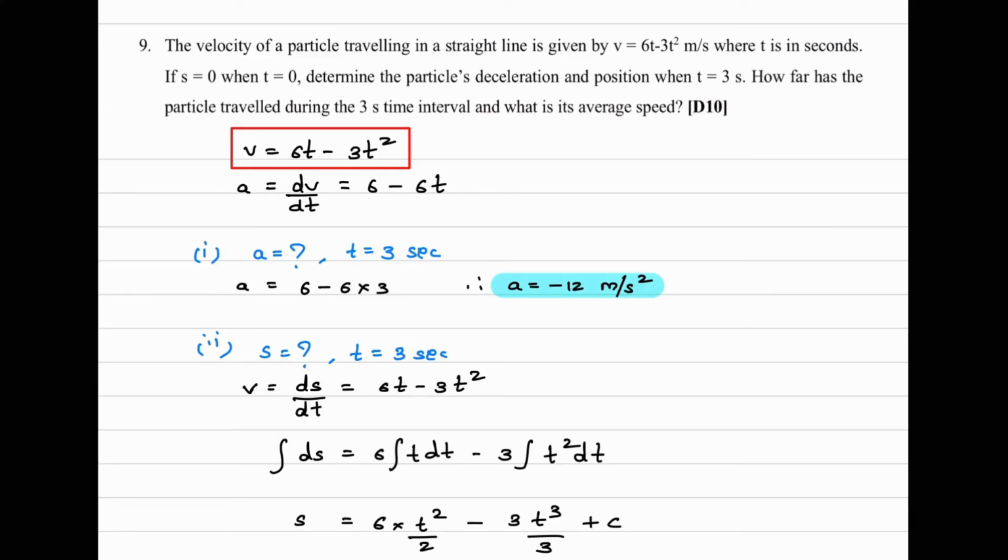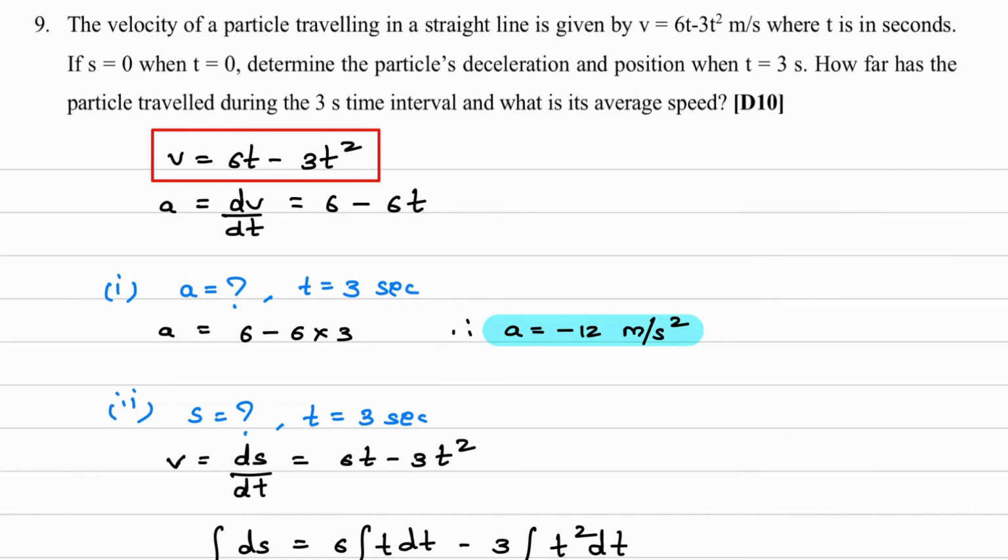Now that we have solved this question, we'll go through the complete question so that whatever doubts are there are clarified. Now understand this properly. What is given in the question? The relation between velocity and time. It is mentioned that the particle is traveling in a straight line. Then a boundary condition is given for that equation, which is s equal to 0 when t is equal to 0. From there we can calculate the constant. Then what is asked in the question is, at time equal to 3 seconds, what is the particle's deceleration and what is the particle's position.